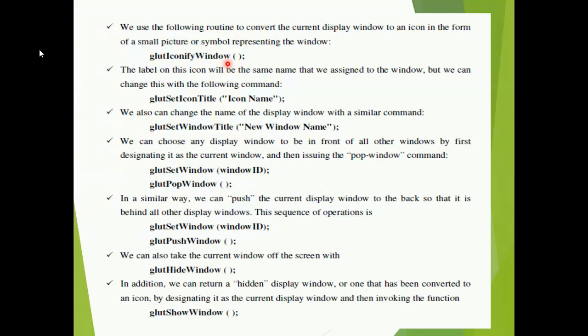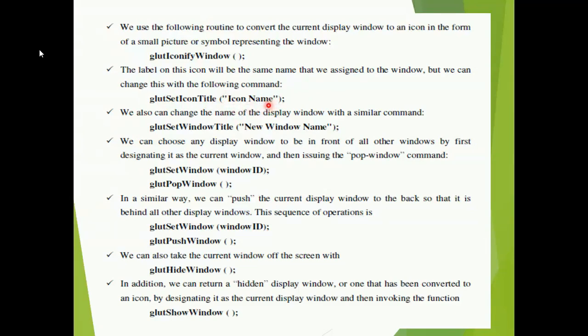Now you can show that window as an icon, in iconic form, or as a small picture. This symbolic representation of a window can be done using glutIconifyWindow. This function has to be called to make your window an icon. Now you have to give a title for the icon. To do that, you can call one more function, glutSetIconTitle. Inside the bracket you write the icon name.